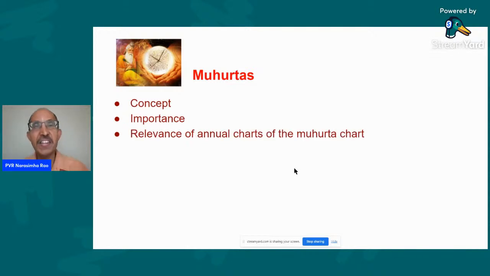Now the question is, for human beings, we have the concept of annual charts. Every year, at the birthday and the exact time of birth, we make an annual chart, and we see how destiny will unfold in the coming year. So does it apply to Muhurta charts also? Conceptually, it made sense to me that it should apply. There is no reason why you can't make annual charts for a Muhurta chart when a particular entity is born.